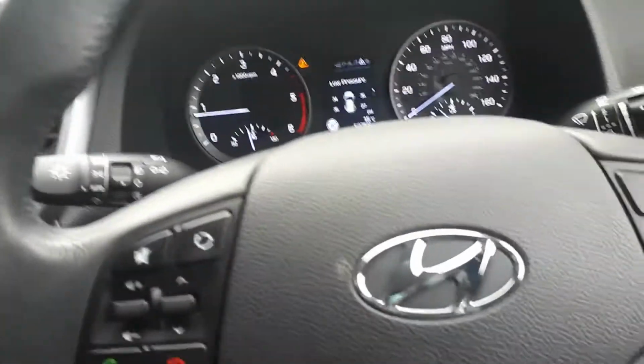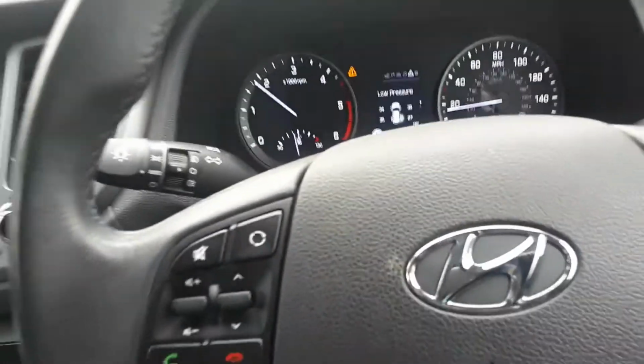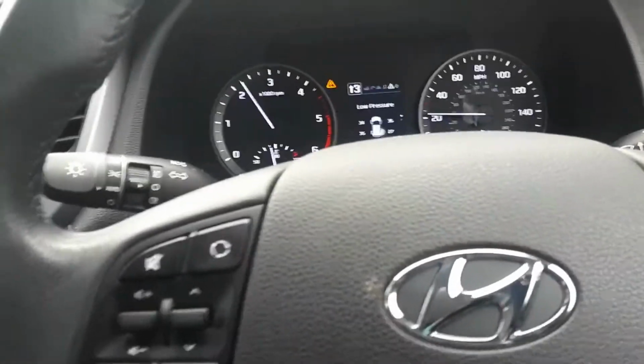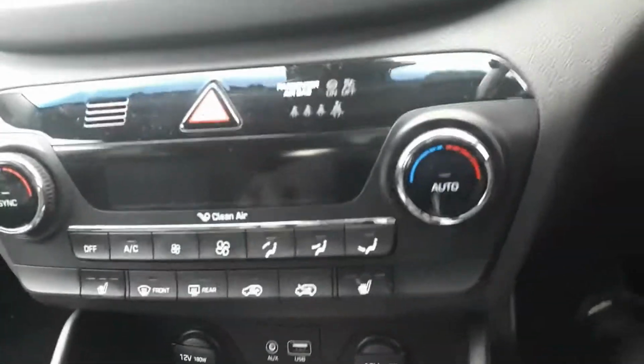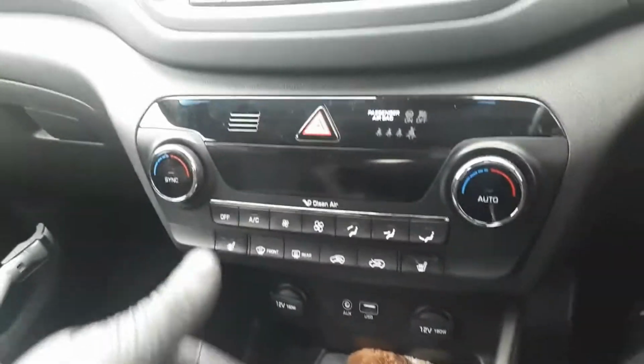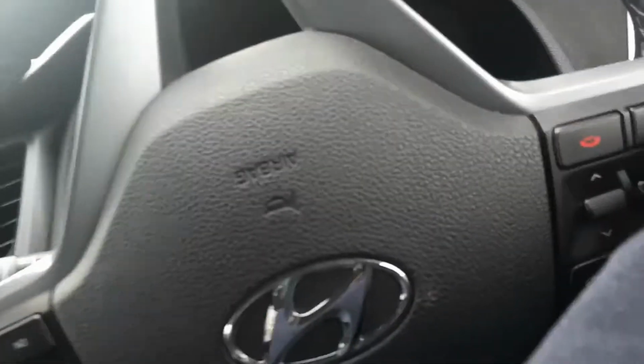So you're gonna put in first gear, you're gonna set off. This vehicle, it's only crunching in 4th and 6th gear. So now I'm gonna put it in 4th so you can listen. That was 6th, 4th, 6th again. So as you can see, you can hear a big noise there,